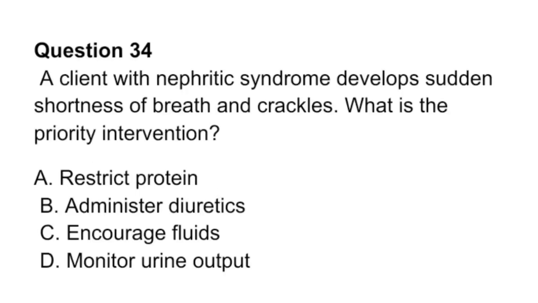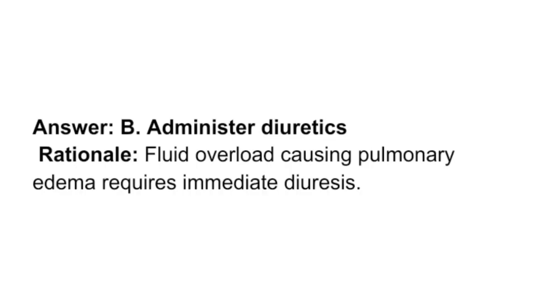Question 34. A client with nephritic syndrome develops sudden shortness of breath and crackles. What is the priority intervention? A. Restrict protein. B. Administer diuretics. C. Encourage fluids. D. Monitor urine output. Answer: B. Administer diuretics. Rationale: